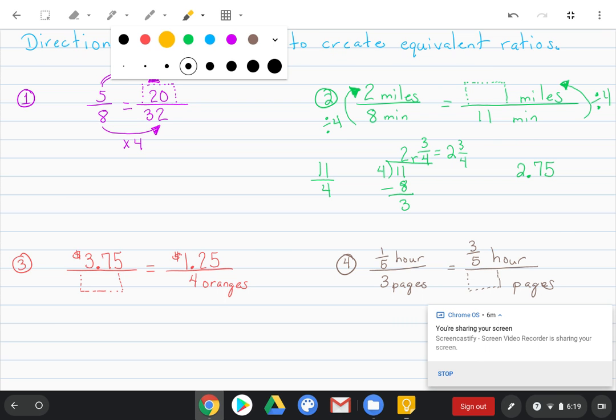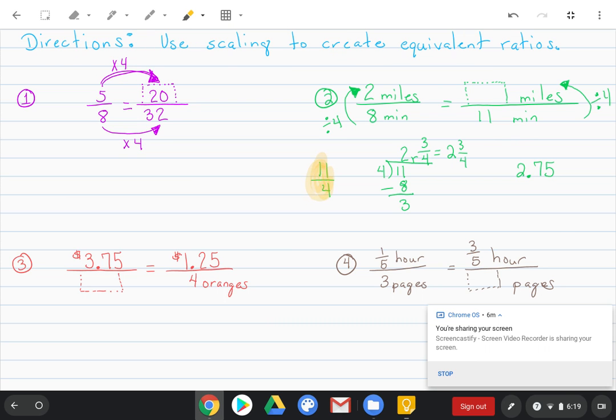So unless I or your directions specify how to represent your answer, I would accept any of these that I just highlighted yellow: 11/4, 2 3/4, and 2.75. I need you all to make sure that when you're giving me answers as fractions, that you're representing them in simplest form. So 11/4 would be okay for me, but 22/8 would not be okay. So just make sure you're putting things in simplest form. All right, let's move ahead